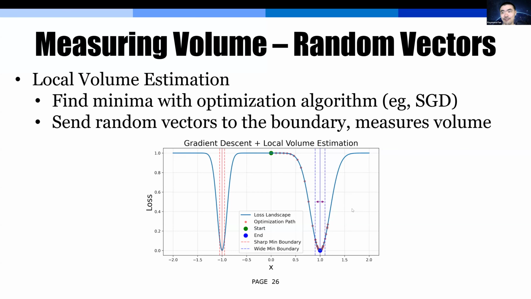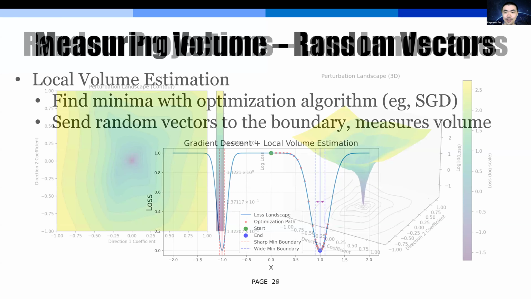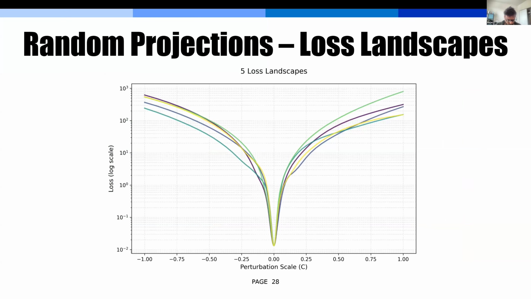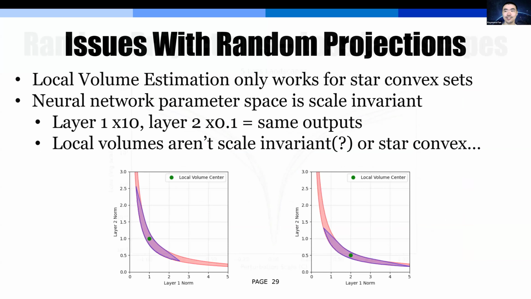And so this is just what I've been working on, implementing some equations, implementing some code to measure what loss landscapes look like and do some random projections. As you can see over here, this is just for a very simple Swiss roll classification problem. Here are some loss landscapes. And one issue that I ran into here, which is why I'm not showing you any results from doing this for any interesting problems, is that local volume estimation, the second method that I showed, which works with high dimensional problems, is different from guess and check in the sense that local volume estimation only works if the set happens to be star convex.